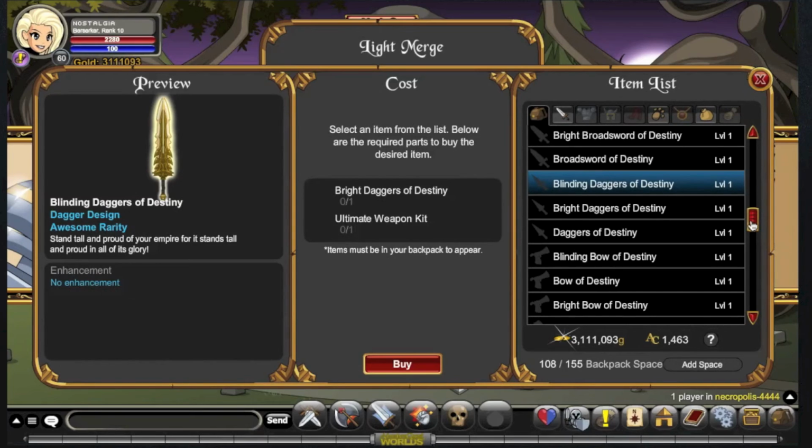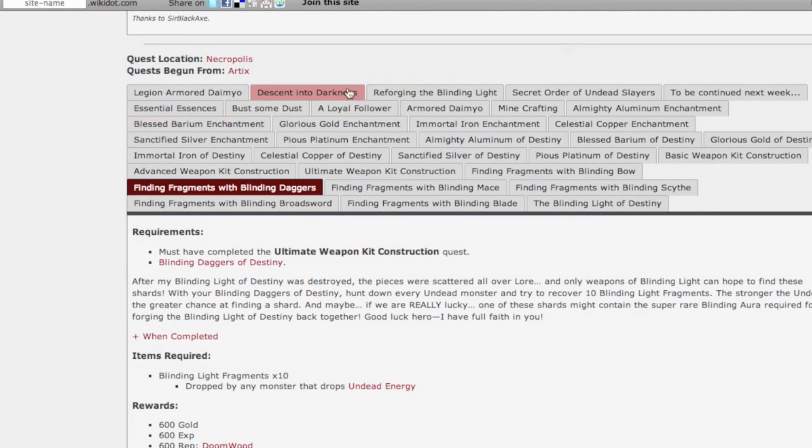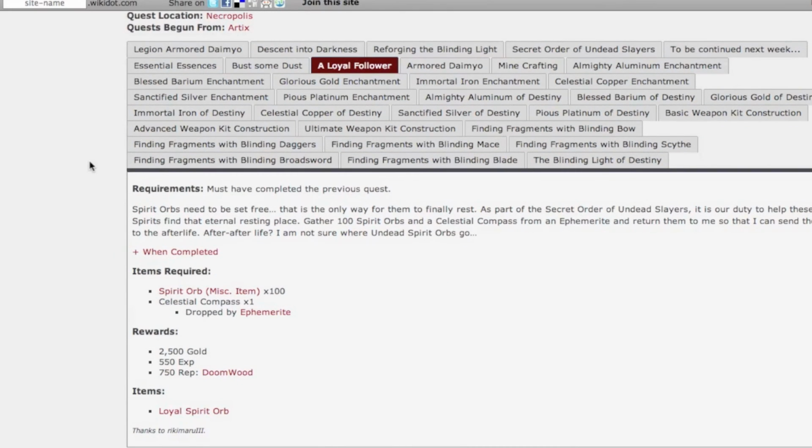I'm going to log in, I'm going to go straight to Battle on the B. I'm going to do a loyal follower quest, which is the quest that you do. I'll show you what that is without exiting the shop. A loyal follower. This is the quest that you do out of all of the ones when you first start off farming spirit orbs. You just take yourself off to